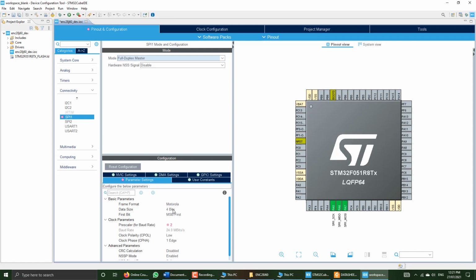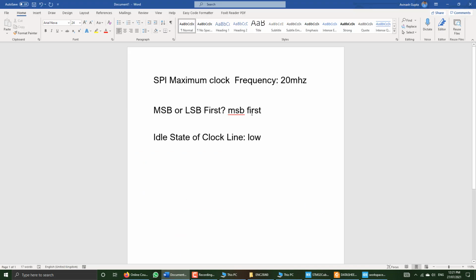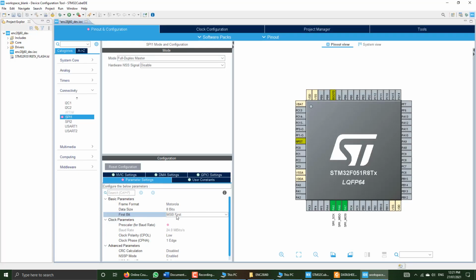The data size is 4-bit by default; you have to change it to 8 bits, since all transactions are done in 8-bit bytes. And here it is asking what the first bit is, whether MSB or LSB. We have already noted that our transactions are MSB first, so we'll select that.